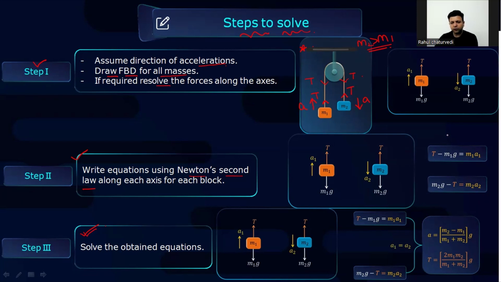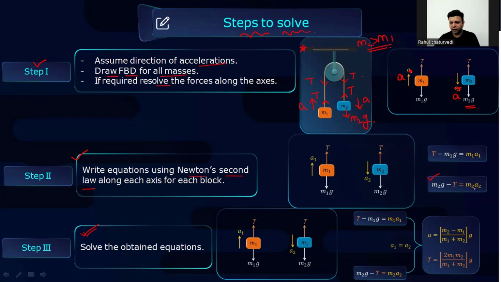Right? So if you draw the FBD of the M2 block, then the M2 block actually has two forces. First is the weight of the M2 block, that will be M2g. And T is in the upward direction, and acceleration will act in the downward direction. Here A2 is mentioned, but since acceleration will be the same, I'm mentioning it here as A. In the other case also, I'm mentioning acceleration is the same. Fine. So if you solve this equation, you will get